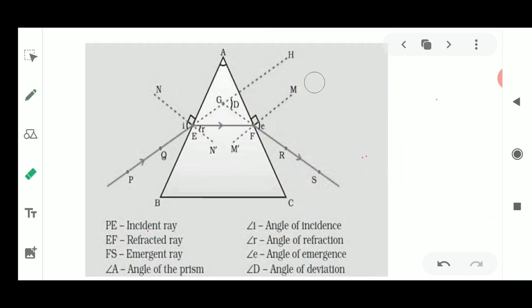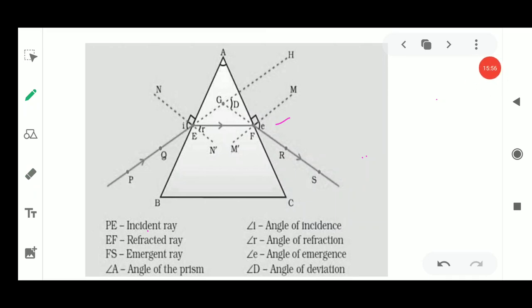Here we are not going to call it the angle of refraction, we'll call it the angle of emergence, because it is emerging out, coming out from the other side. So this is the angle of emergence, written as angle e. Then if we extend this backward, we can see there is an angle between this emergent ray and the constructed ray. This is known as the angle of deviation.